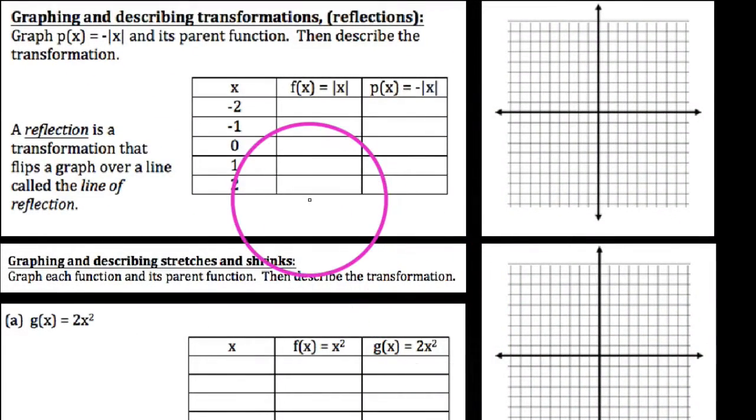Okay, YouTube, in this video we're going to continue our discussion of transformations of graphs, and specifically we're going to be looking at reflections as well as stretching and shrinking. So let's go ahead and start by looking at reflection transformations and how that kind of shows up with the